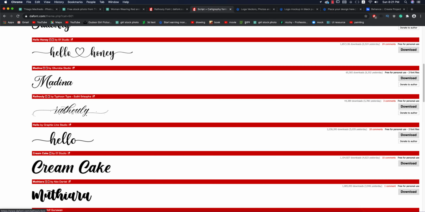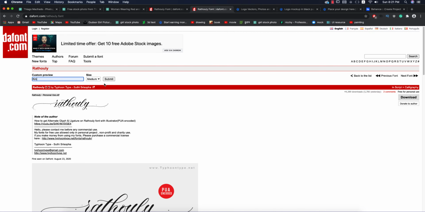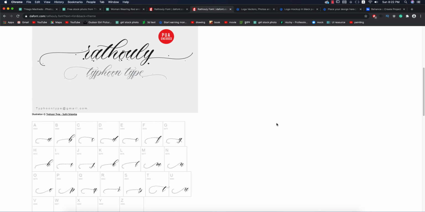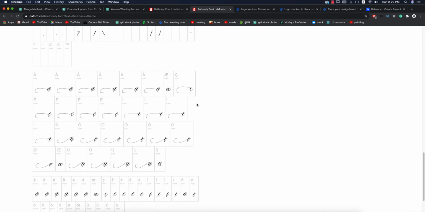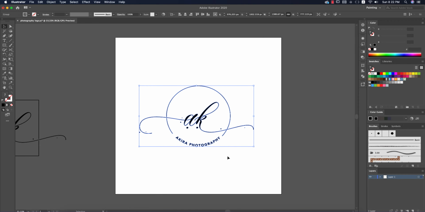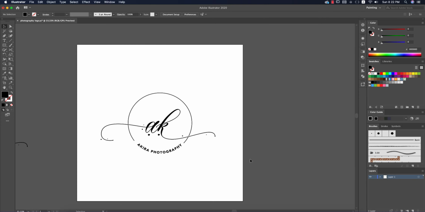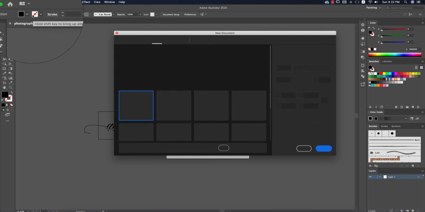From here I selected this one, the Ratholi or whatever it is. I selected it and wrote something like A, B and K, M and submitted it. It shows me results like that, and you can explore everything. Those are the glyphs, which are the extra portion. After that I made the logo with this font, adding some circles and typography, and finished my work. So at first, go to File and take a new artboard, a square shape, or you can take your own size,